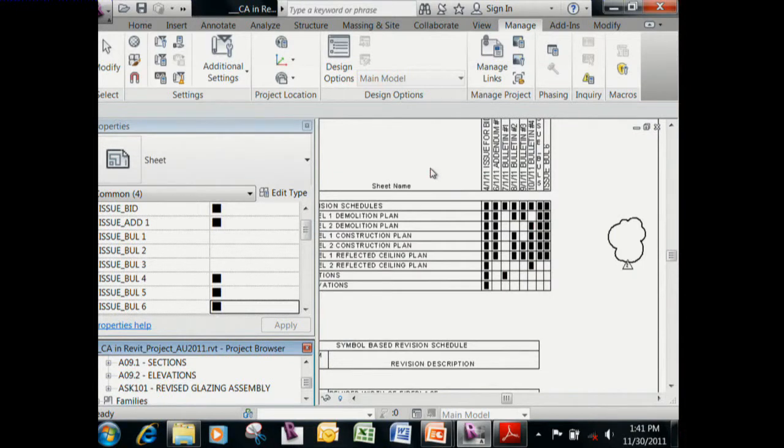But what if in the future, say it's a door schedule, you delete 10 doors, your schedule automatically repopulates and everything shifts, and the clouds and the tag is going to stay where it's at. So now you have a tag that's associated with a different door number. It's not even on the schedule anymore. So the way I like to address that is by using these project parameters within schedules to create a